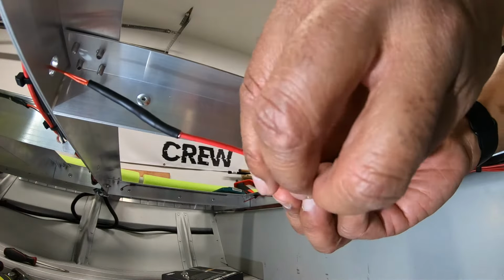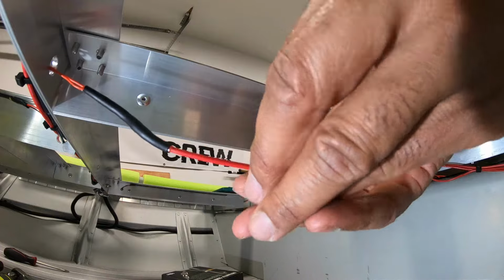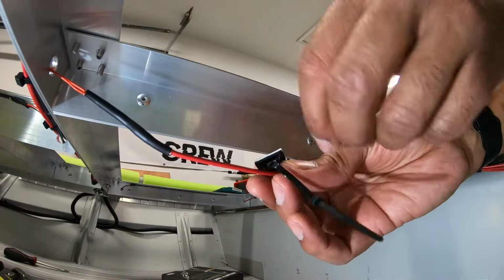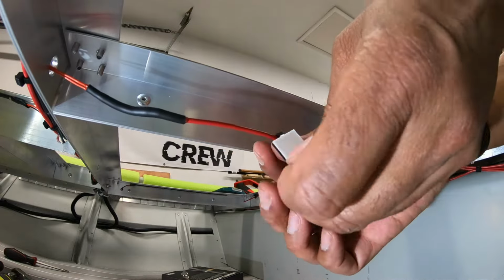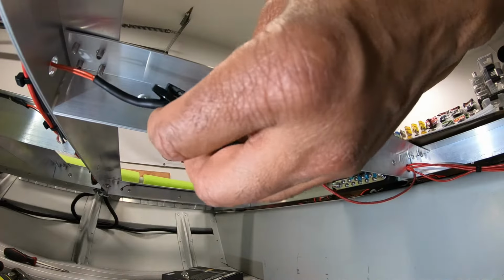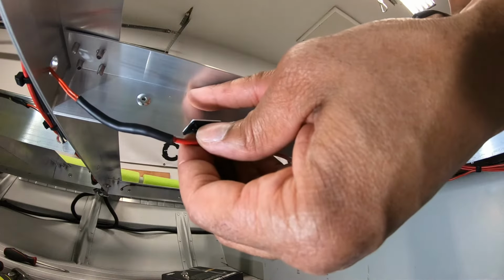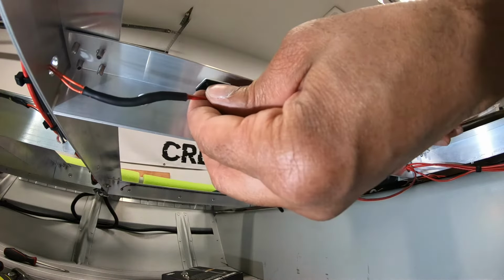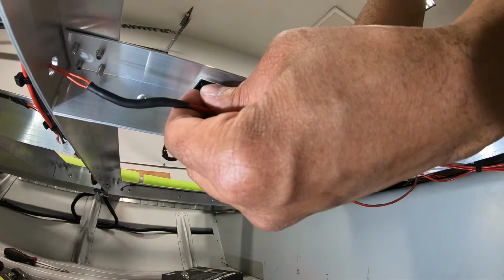What I like to do, and I got into a little bit of a rhythm, is just zip it loosely just to make sure the wire's in place, and take off the 3M backing. And of course, depending on what you got going on with your hatches will determine where you put it in here. Do you want to put it all the way flush against the back wall or have it out some? For here, it really doesn't matter. I'm going to put it about in the middle right here